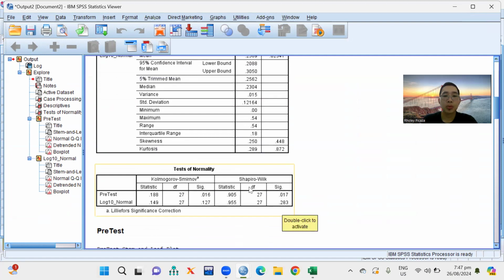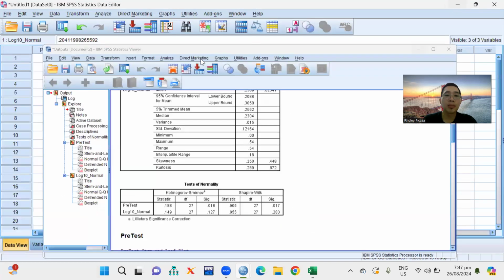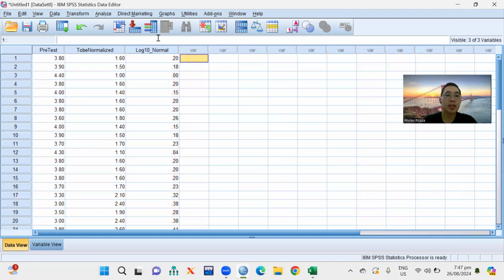Now the Shapiro-Wilk is greater than 0.05, meaning this is normal. And the Kolmogorov-Smirnov is still greater than 0.05, meaning this is normal. So our transformation of logarithm is acceptable.